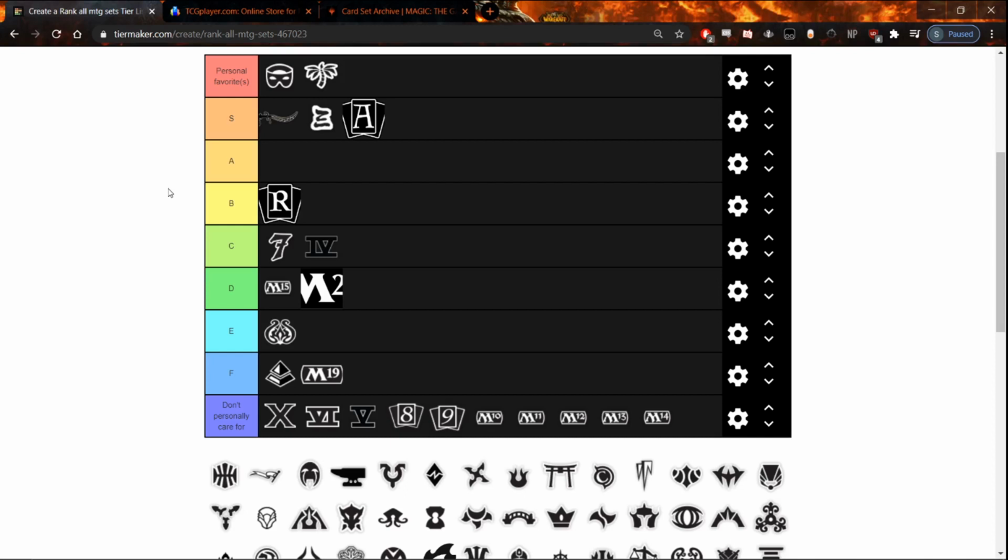It was mainly printed in Asia, in Chinese, Japanese, traditional Chinese, and English, but English was a very low printing. I'm lucky enough to have a decent amount of the English cards. Apparently, the print run is about the same size as Beta, so it's very small for English, but it came out later, so